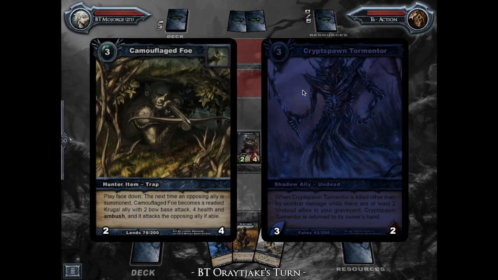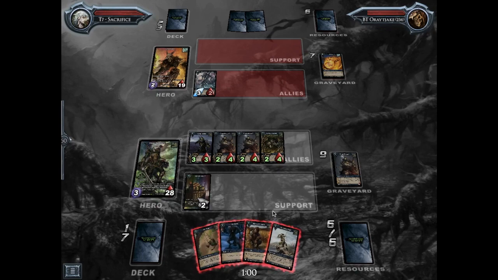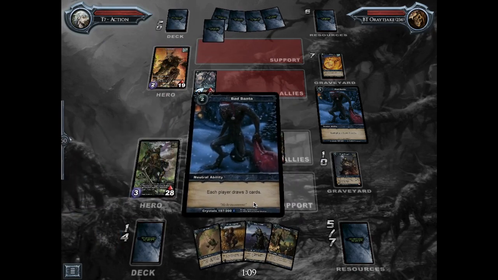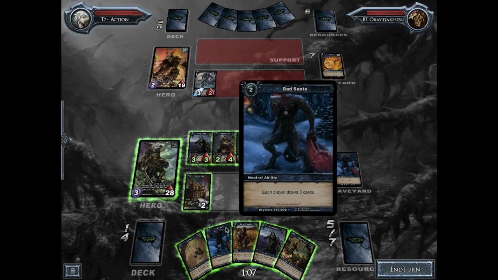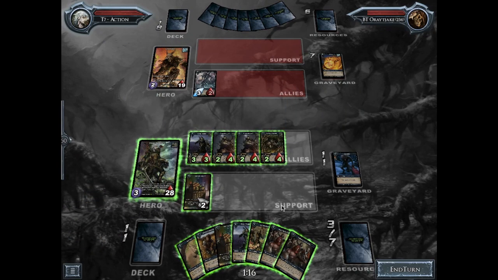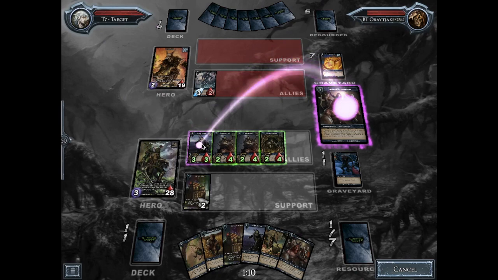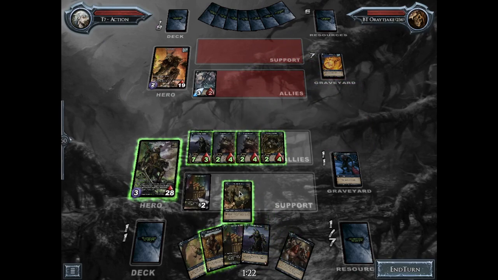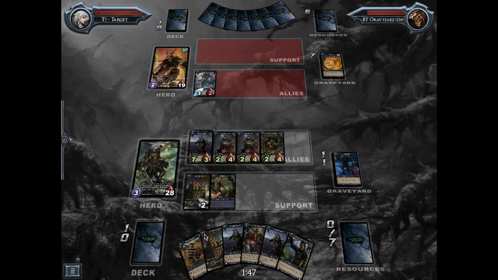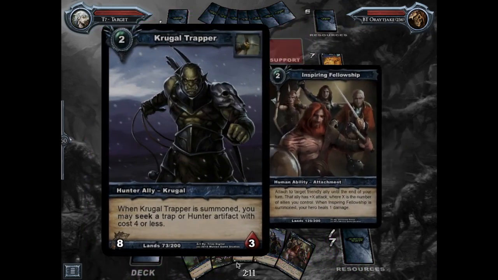Nice. They triggered my Camouflage Blow. So right now, I just want to draw into... I really just want to draw into Inspiring Fellowship. There we go. Because that is a really good card. That's 7. Looks like I might be able to draw into some trappers, which is going to make that 8 attack. And then this can attack twice, so...